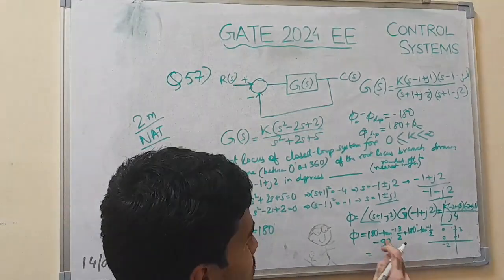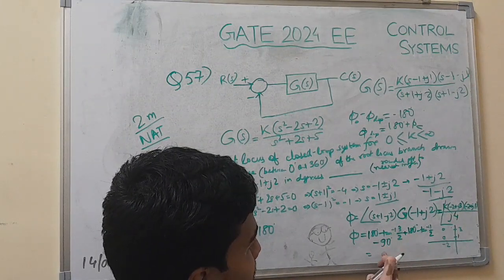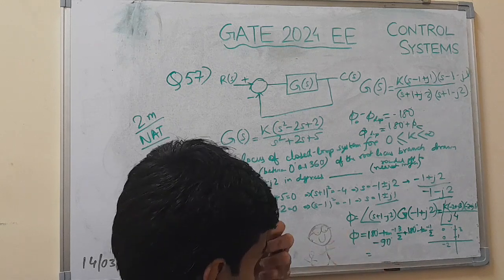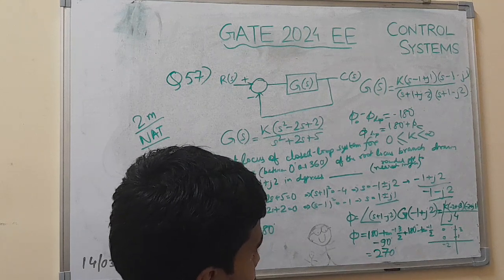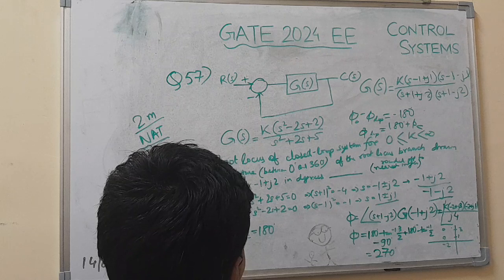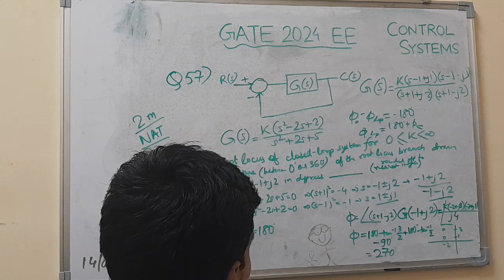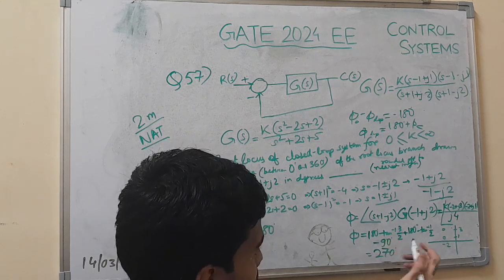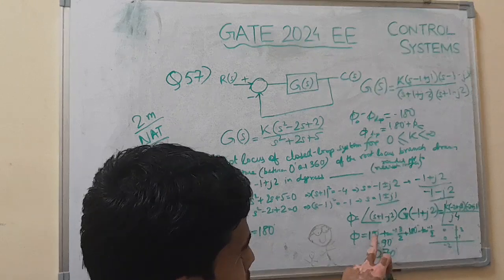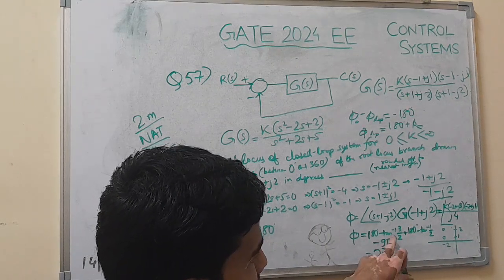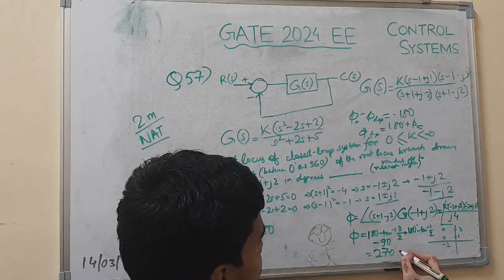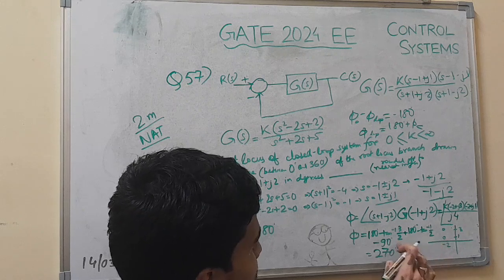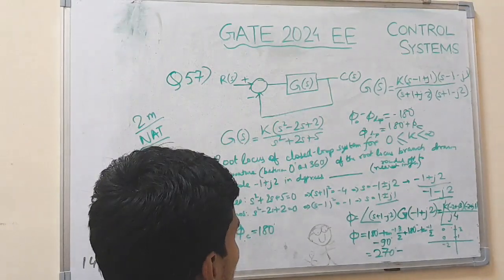So the effective contribution is what? 180 plus 180 is 360, minus 90 is 270, minus tan inverse 3 by 2 minus tan inverse 1 by 2. So if we calculate, we will get the sum of tan inverse 3 by 2 and tan inverse 1 by 2 as, I think,